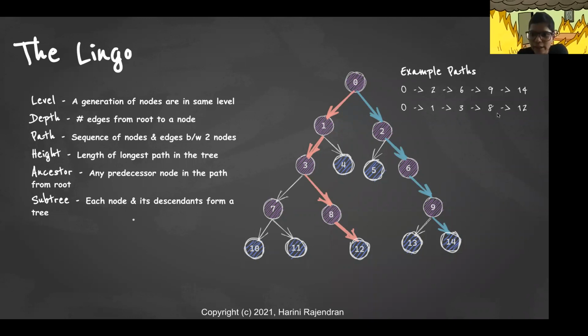So if we take any node in the tree, all the elements that are present before it in the path to the root are usually called the ancestors. So take a node, find the path to that node from the root, and all the elements that are present along the path are called its ancestors. So those are called ancestors.